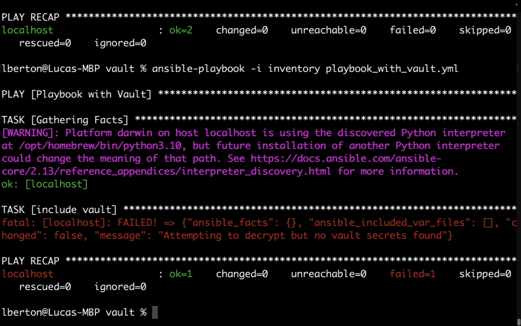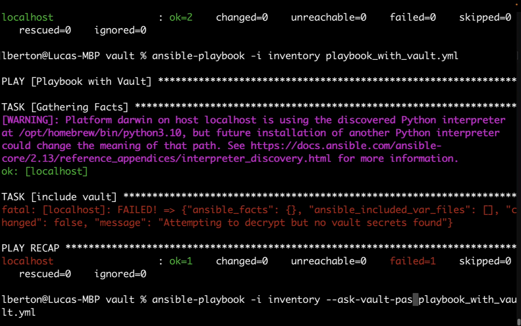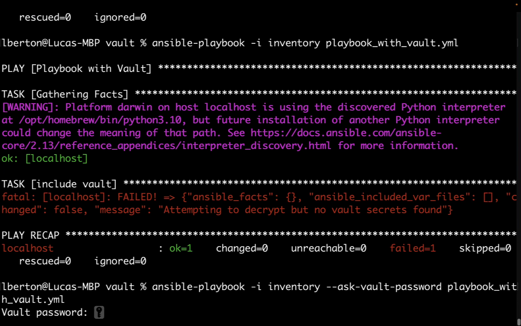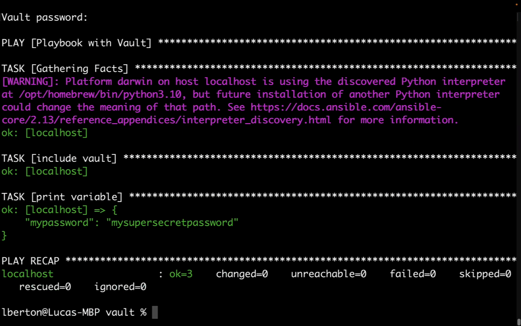So the easy way is to specify on the command line the parameter --ask-vault-password. Using this parameter, Ansible is going to ask you on the command line for the current password to decrypt the file. And the file will be decrypted on the fly, and the code will be executed. In my case, it's printing online the variable. In your case, it could be executing more complex tasks.